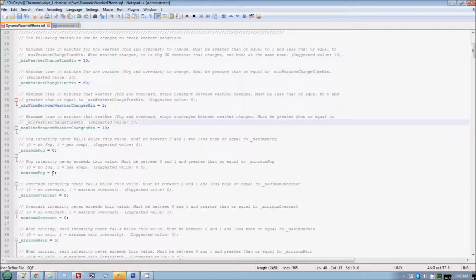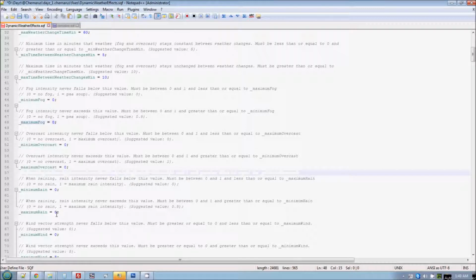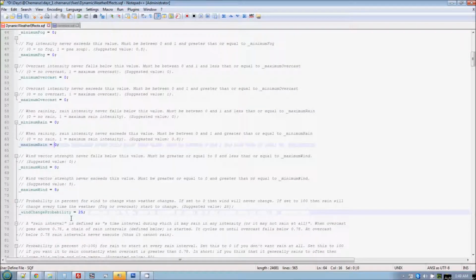And I like the chance of having fog. I think the 0.8 or 1, it's rarely going to get up to be that foggy. I would set the maximum fog up to at least 0.6, 0.7. Maximum overcast, if you want it to rain, you got to set that to 1. Maximum rain, I love a torrential downpour with those big lightning and thunderstorms. Those are cool. So you set the maximum rain to 1, maximum wind to 8,